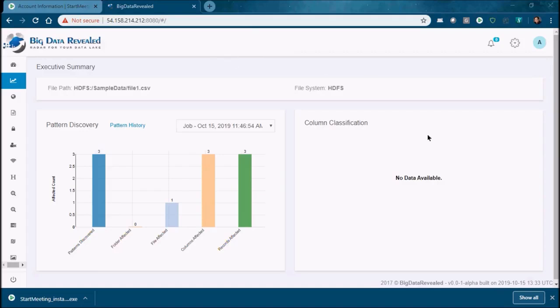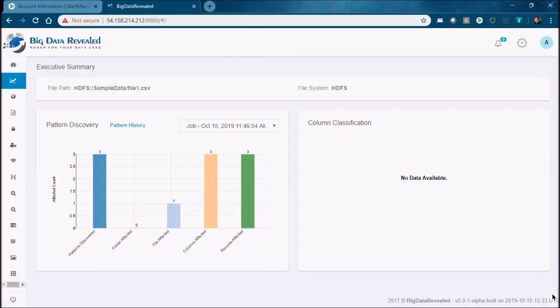I want to welcome everyone to today's Big Data Revealed product demo. We'll be discussing our three main products. The first is our BDR 360 compliant for the enterprise, which is designed to deliver complete data protection impact assessments going through every row of your database, no matter its size. It'll encrypt personal information discovered and build comprehensive metadata catalogs, which are needed to support the right of erasure and